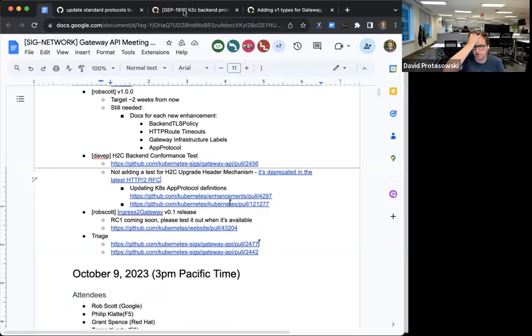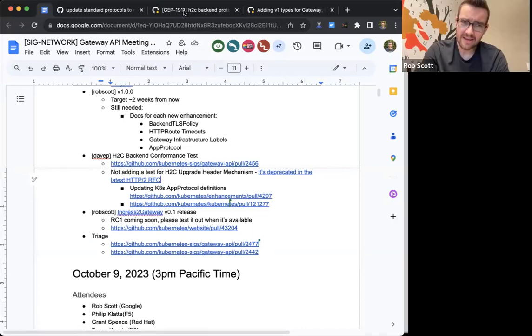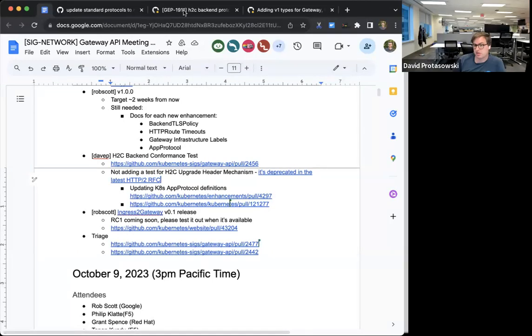I think a quick follow-up is I thought H2C would be the lesser known supported protocol, so I prioritized that one. Do you still want me to land a WebSocket one? For WebSockets, there's a GEP, but there's no conformance test for WebSockets.